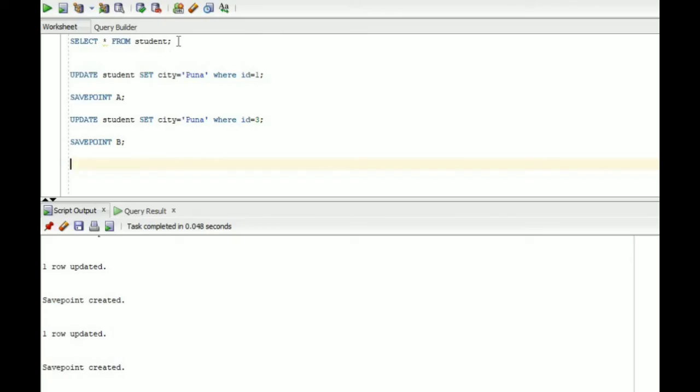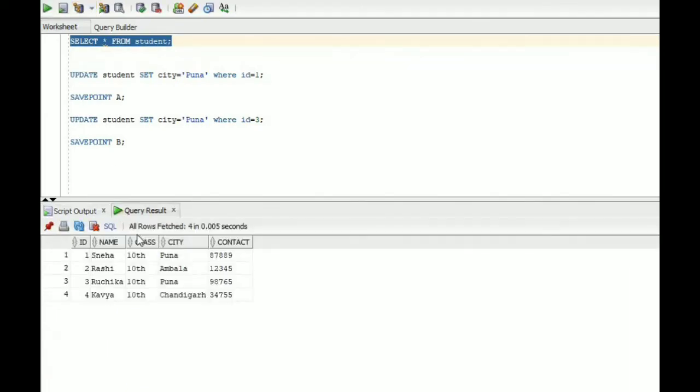Now if I want to roll back a transaction to a certain point. You can see city has changed now, but now I only want the ID 1 updated row. So it is safe to use save point after DML operations.